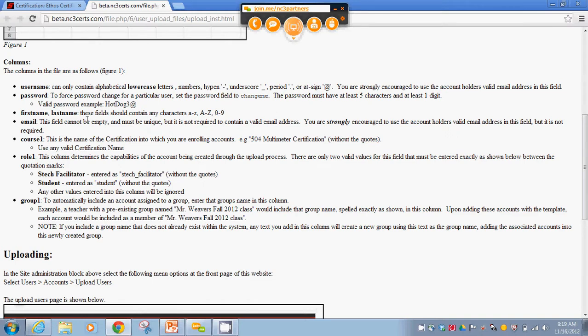First name, last name is pretty self-explanatory. The email field cannot be left empty. You have to put an email address in there. The funny trick about this is if your students don't have an email address and you're not really using the